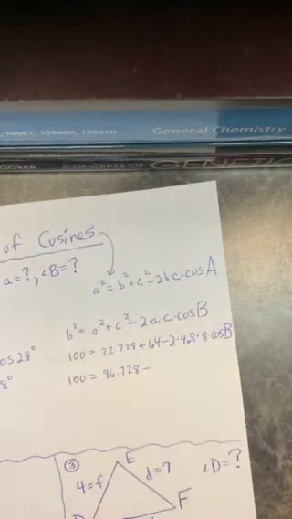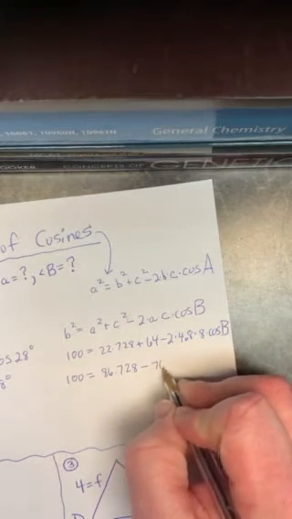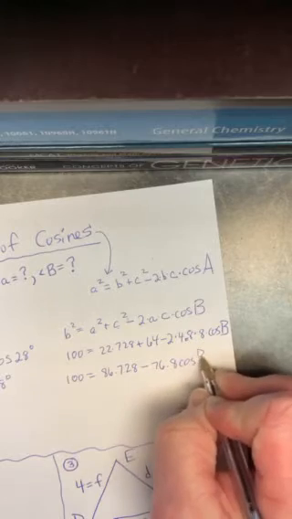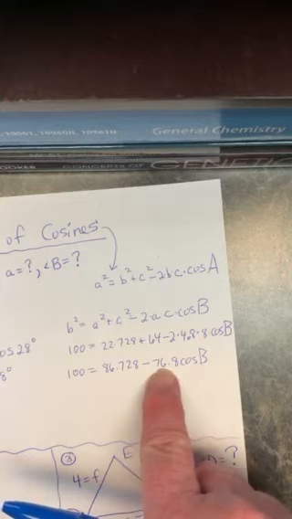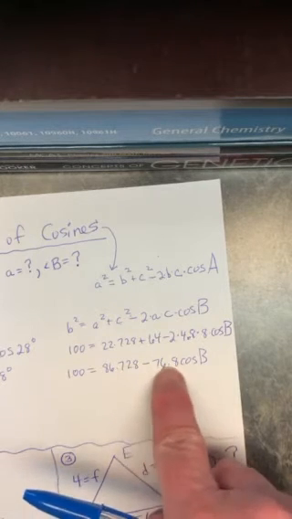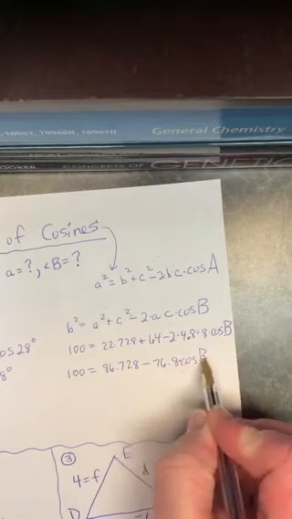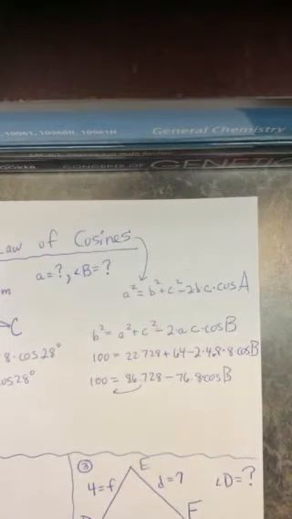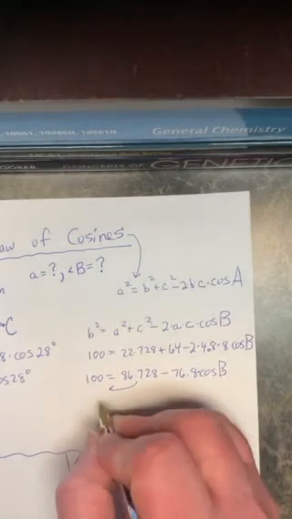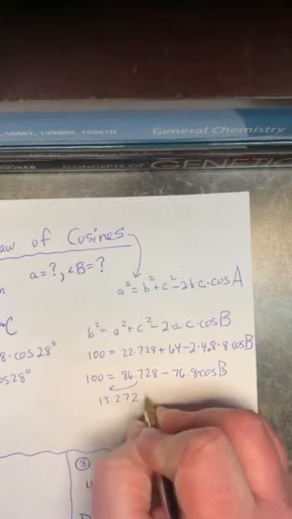So I'm going to grab my calculator here. 2 times 4.8 times 8. I get 76.8. Cosine capital B. Again, I'm going to warn you, do not take 86 minus 76. You cannot subtract those because the 76.8 is dot connected to the cosine of B. You've got to take that number and subtract it over. So on my calculator, I'm hitting 100 minus 86.728 and getting 13.272 equals negative